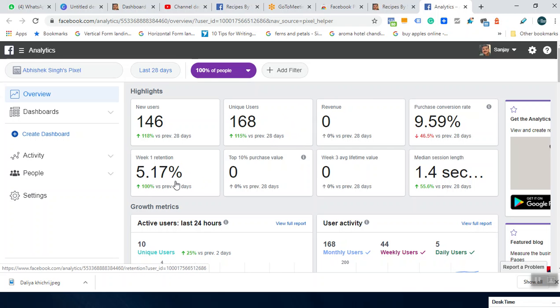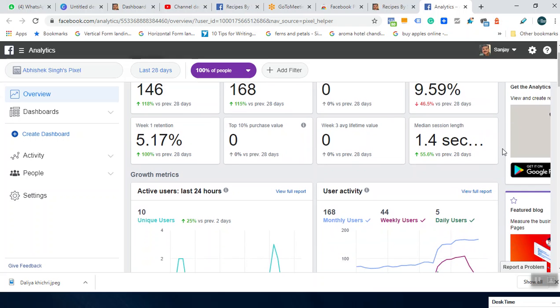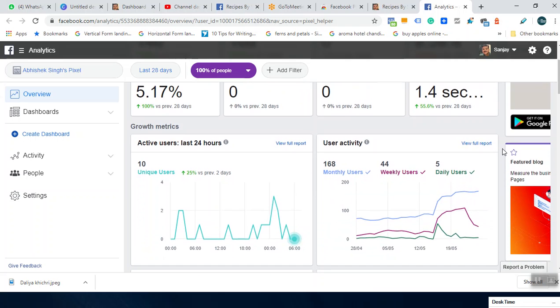Week 1 retention 5.17%, which is 100%, and median session length, that is the session which has happened on this page, is 1.4 seconds. So this is median basically, right? It has calculated all the visits, and then there are further more analytics which you can explore in depth.